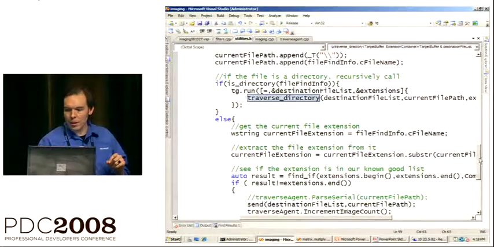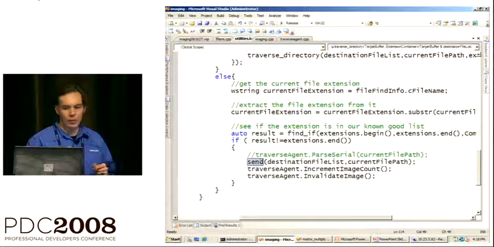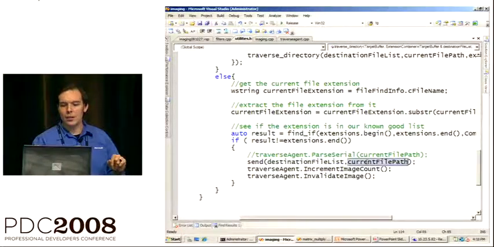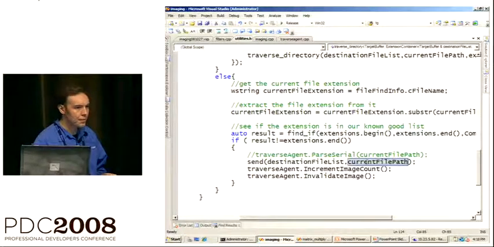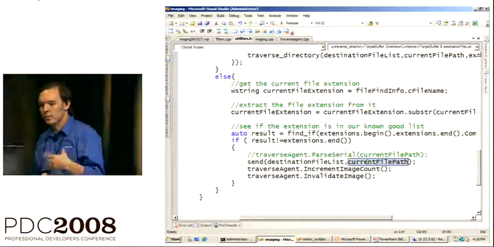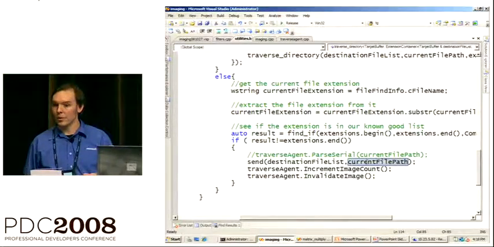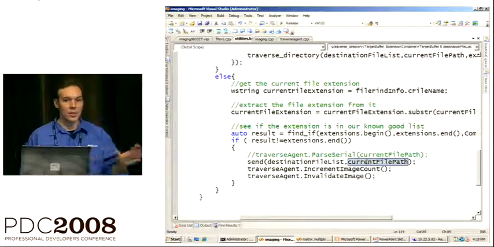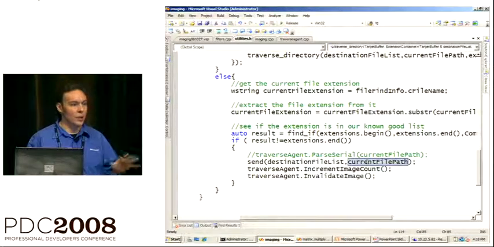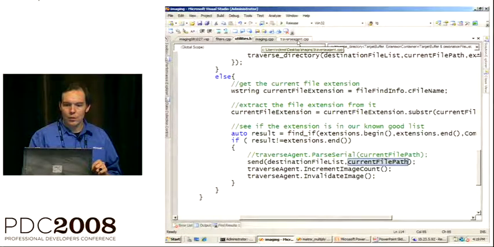And then here, instead of just parsing it in line, I'm going to send a message, right? So I've got this image buffer, this unbounded buffer of paths, and I'm sending the current file path to it. The file paths here are W strings. This destination file list is an unbounded buffer of type W string. Right? So all of this is templatized, completely works with your own types as long as you support copy operations. So once that happens,